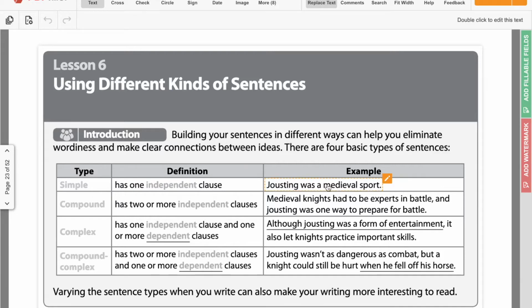So here it says jousting was a medieval sport. It's just one independent clause. Now, an independent clause has a subject, which is jousting, a predicate, was, and it makes sense on its own. So a compound sentence has 2 or more independent clauses. Compound sentences usually are combined by using